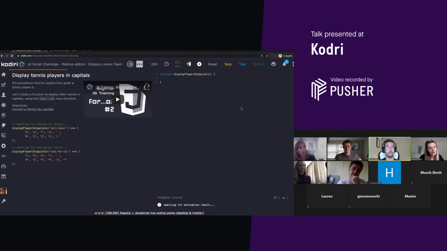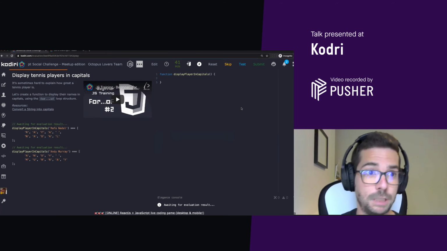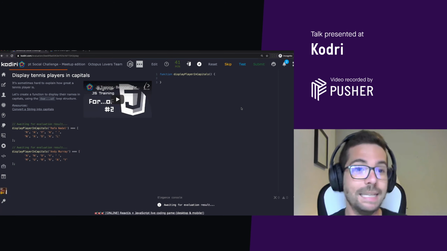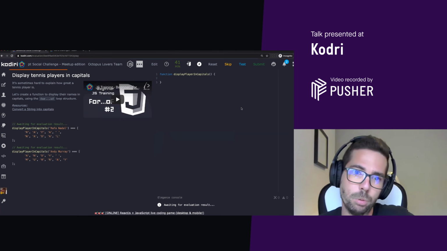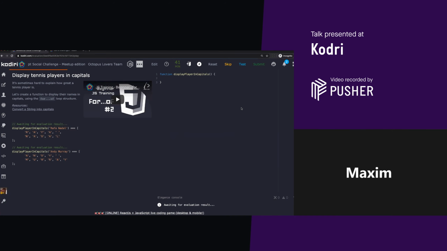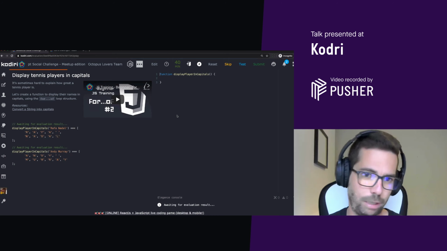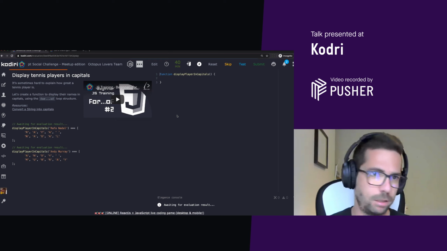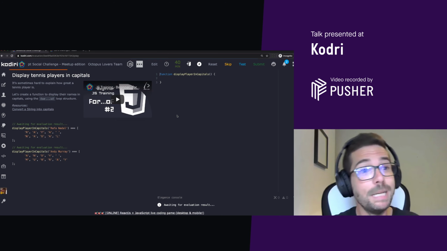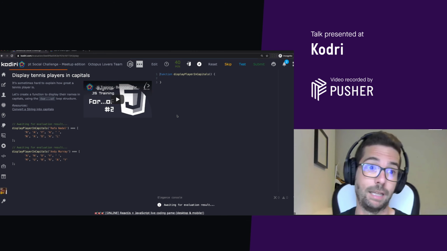That's an interesting one. Look, you've got a function called displayPlayer in capitals. That function receives a string as the argument, right? Which is a tennis player. And the idea is to return a list, an array of all the individual characters associated with that string. There are obviously many ways we can solve the problem. However, the exercise is a bit opinionated about the technique that we should use.